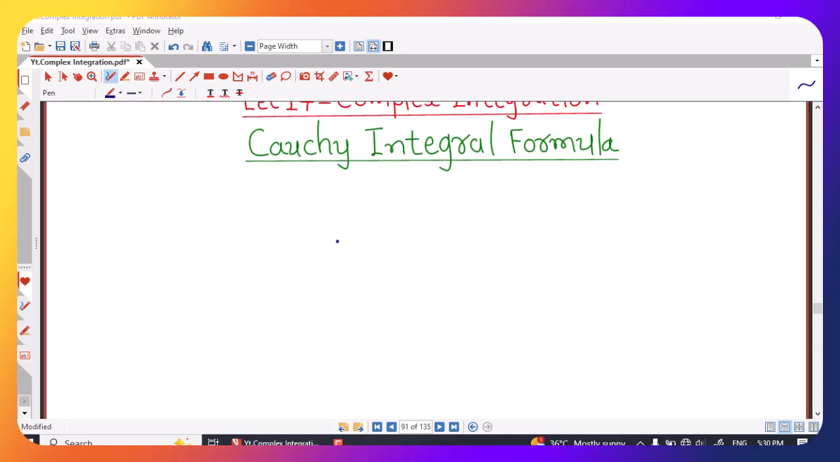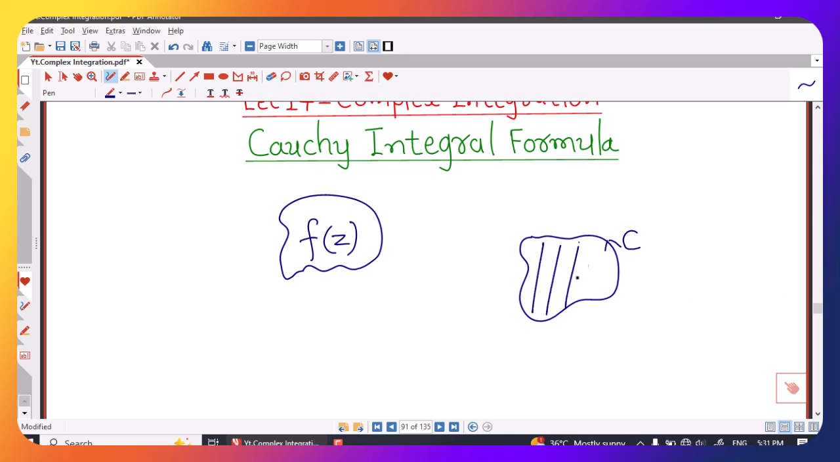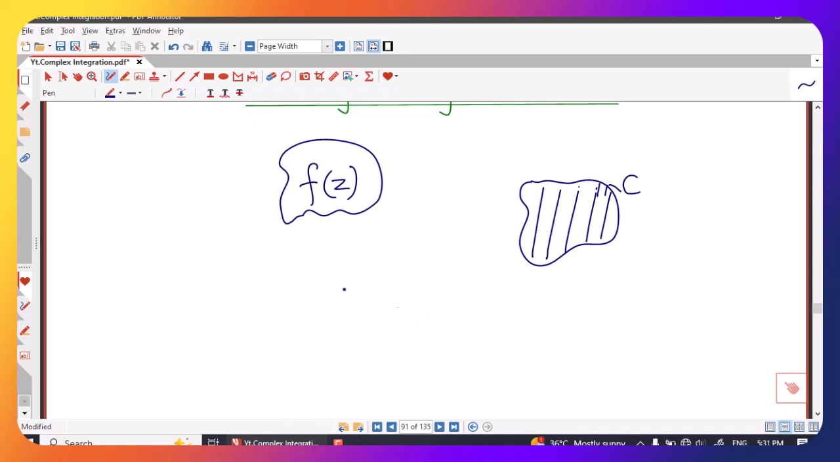For Cauchy integral formula we require a function denoted by f of z which is analytic everywhere inside and on a simple closed contour C. Suppose we have a function f of z which is analytic everywhere inside, that is at all points interior to this simple closed contour, as well as on the boundary of this simple closed contour. Then Cauchy integral formula says that